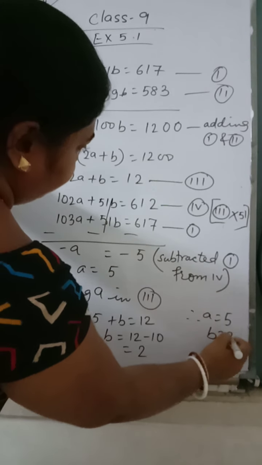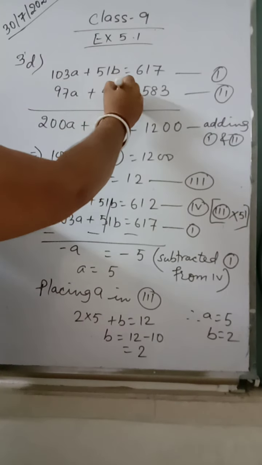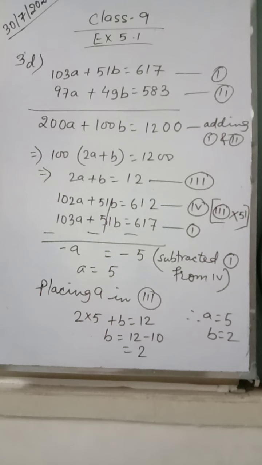And if you do not use this formula, if you do not add, you will have to make 51 and 49 similar. So the first equation you have to multiply with 51 and the second equation with 49. So these are the things we use. Common things. We just add and we get a simpler equation. Then further we solve according to our need. Is it clear? Hope you have understood it.